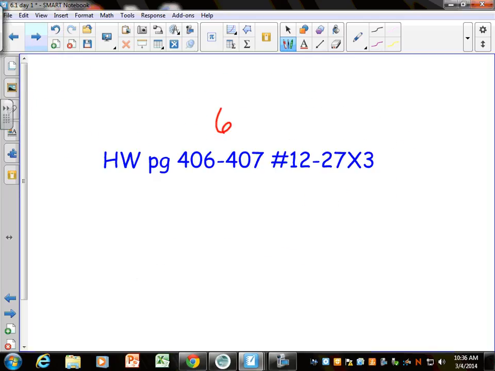So this is 6-1, day 1. And you're just doing 12 through 27, multiples of 3. 12, 15, and 18 are doing the f of g, g of f, f of f, g of g. You're just computing with the numbers like you just did. And then 21, 24, and